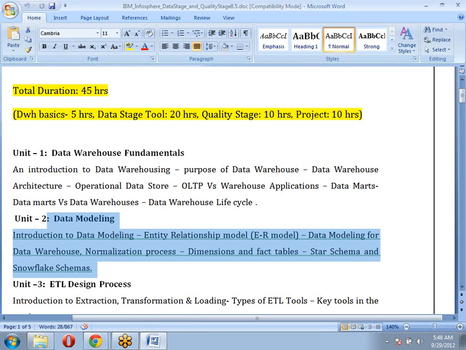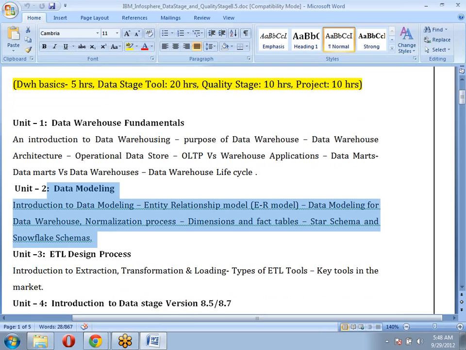Okay, as we are working as developers, we are going to have all these dimension tables, fact tables, star schema, snowflake schema, these kinds of terminology we are going to use as a developer. To understand that, at least minimum knowledge of data modeling is required. That is simply the data modeling process.